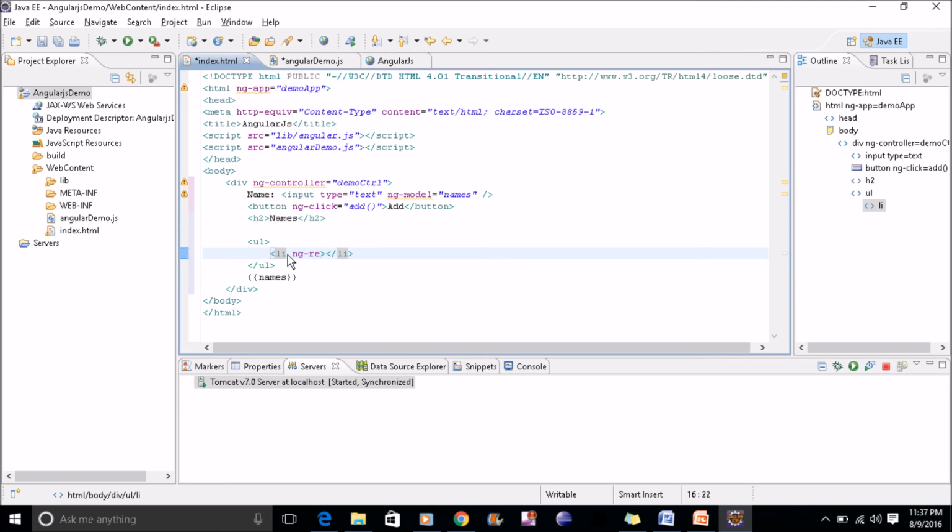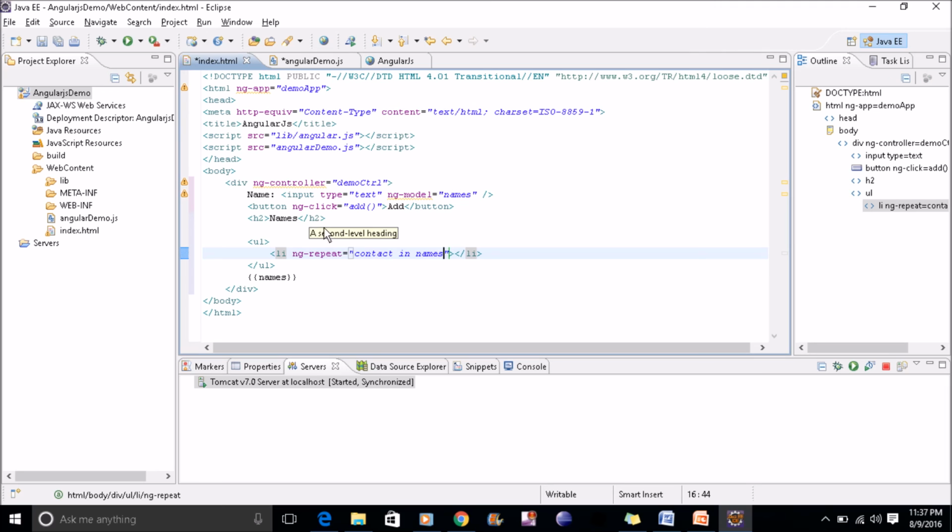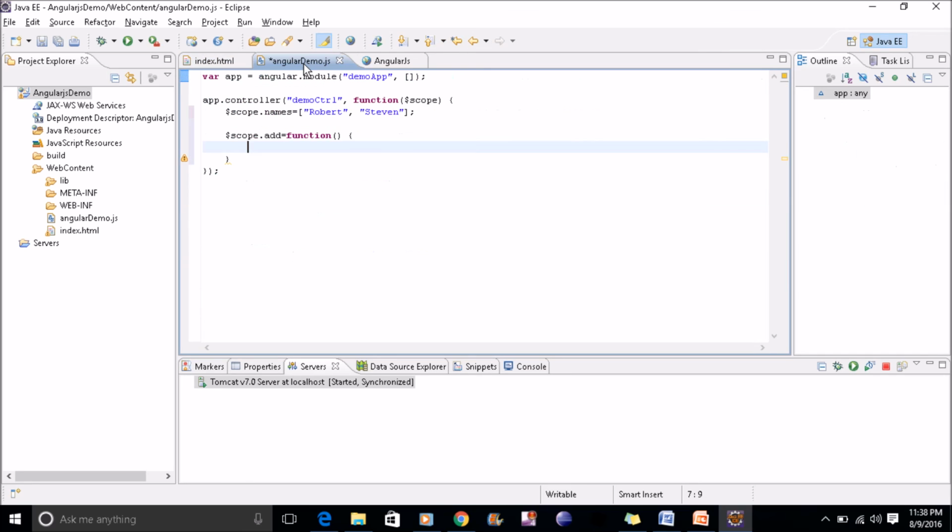I'll use ng repeat equal to. ng repeat is basically for the looping thing, because we used an array there. In a later tutorial I'll explain what ng repeat is. So this is done till now. I'll change it to new name here, names, and then in the Angular demo